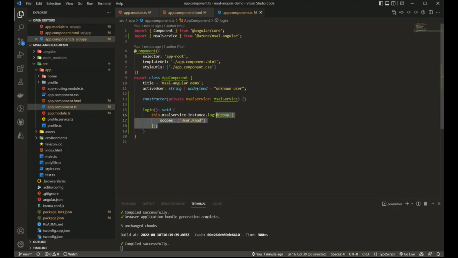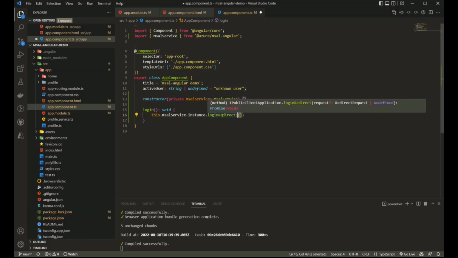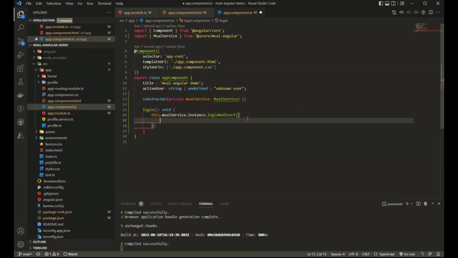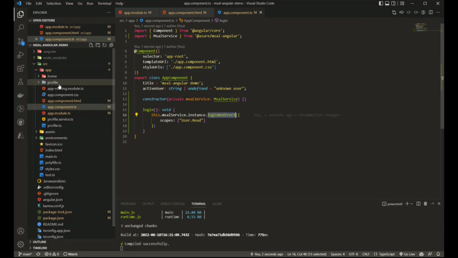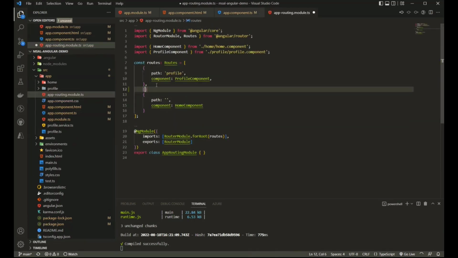So if I want to use redirect, the setup requires a bit more preparation. As always, with any kind of login or acquire token method, I can pass a request object, and you have many options there. I want users to sign into user read. This is the scope that I need to access Microsoft Graph profile endpoints. Now, if I want to use redirect, there's a few more things I want to do. First of all, what did we say? We said our redirect URI is the auth route.